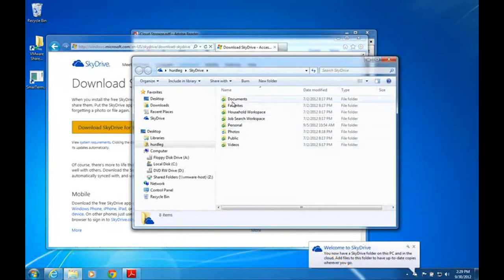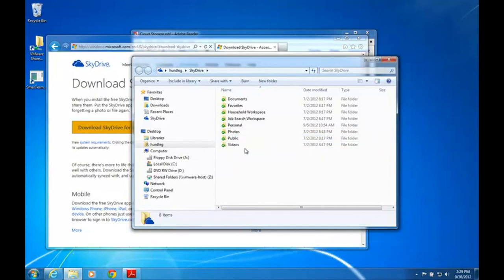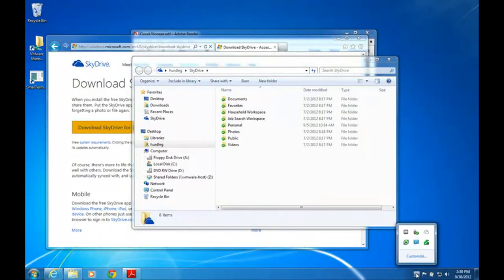So you can see that the folders are being synchronized. We see it with that blue bidirectional, two-directional blue arrow. What was happening there is SkyDrive has a default folder scheme, such as Documents, Favorites, etc. And we saw it there briefly. It was synchronizing to my cloud-based version of it, so that my desktop, this one here, is synchronized to the cloud. Now that SkyDrive is installed, we see that there's a SkyDrive client